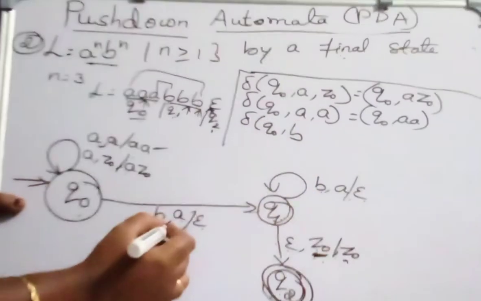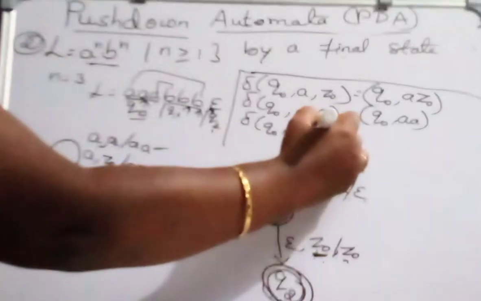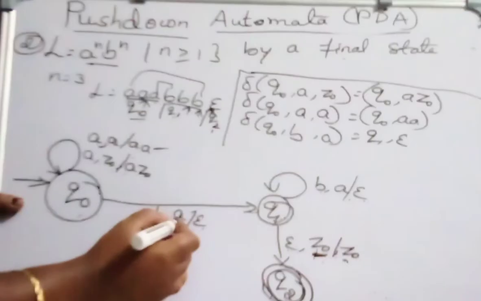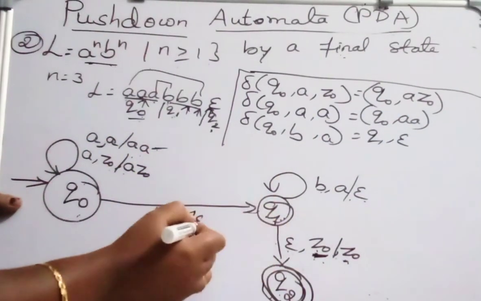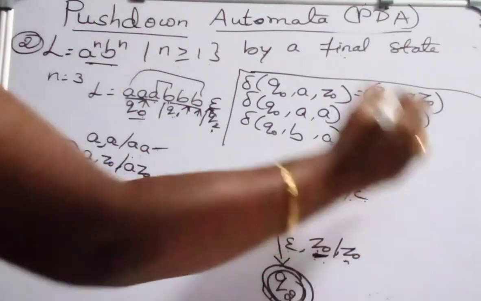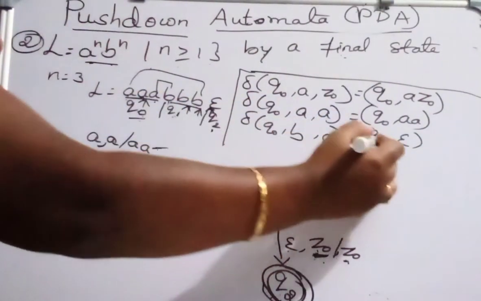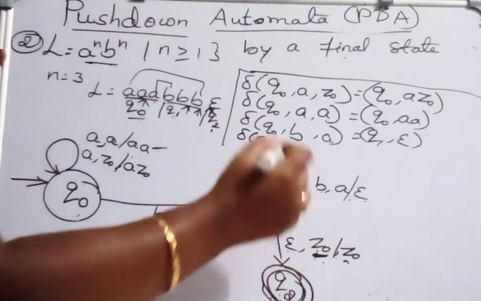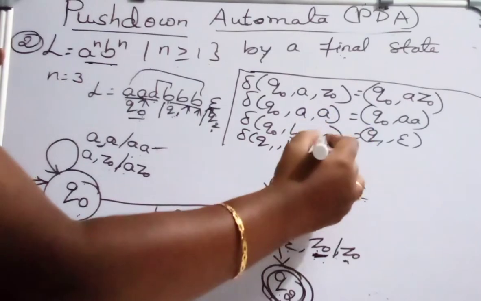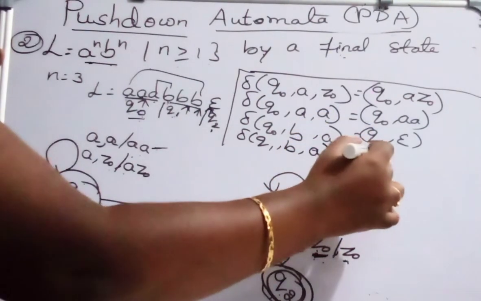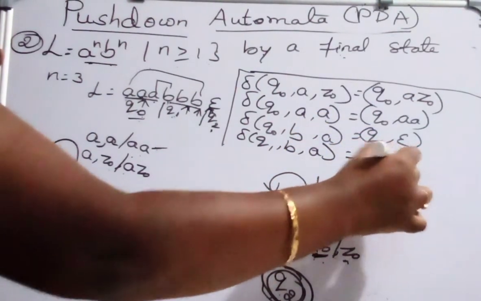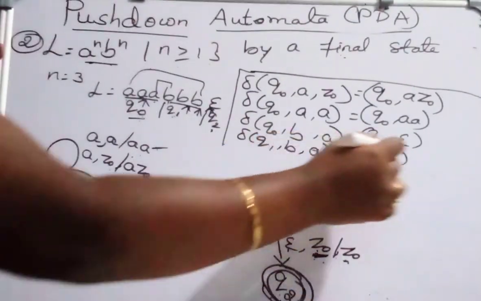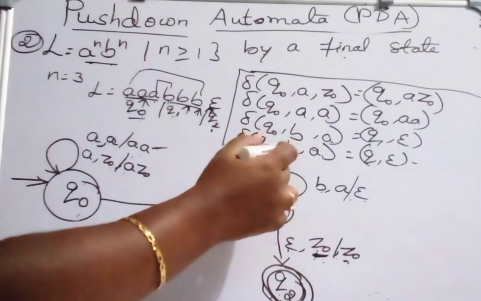And in the state Q0, what is the next transition? From Q0 on reading B, when the top of the stack is A, it does the pop operation. It moves to the state Q1 with epsilon. Now we are in the state Q1. In the state Q1, on reading B, when the top of the stack is A, we delete, Q1 comma epsilon. Okay guys, this will be repeated for any number of B's.